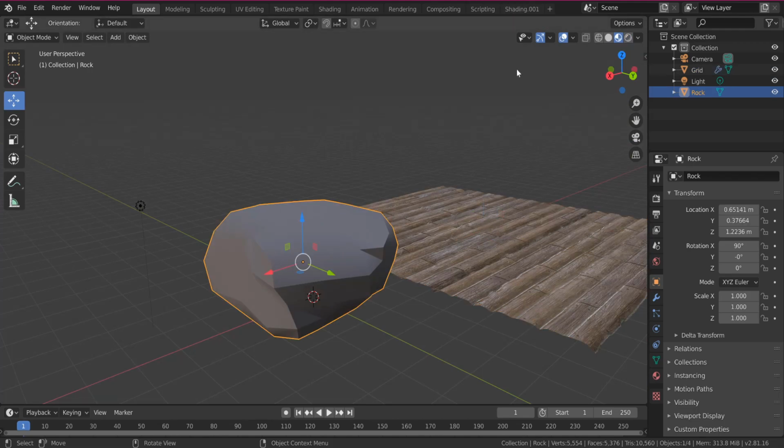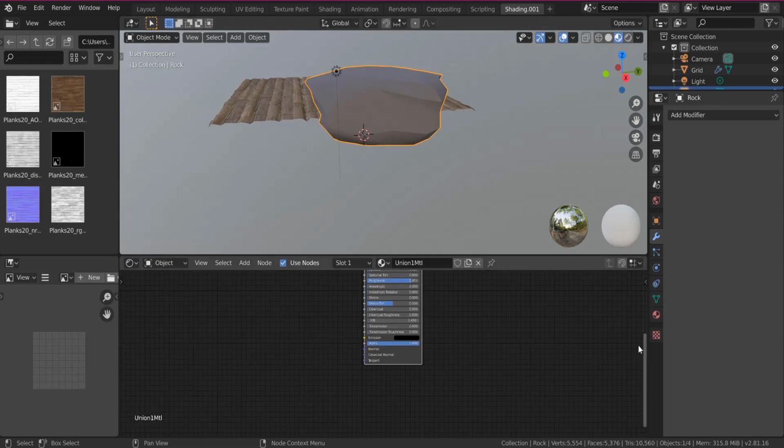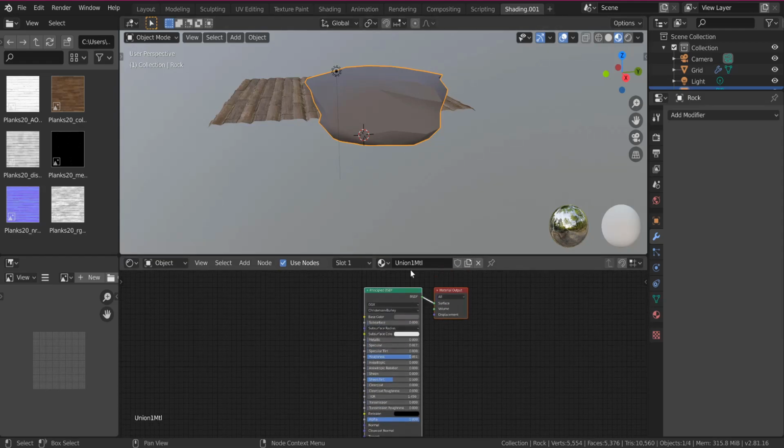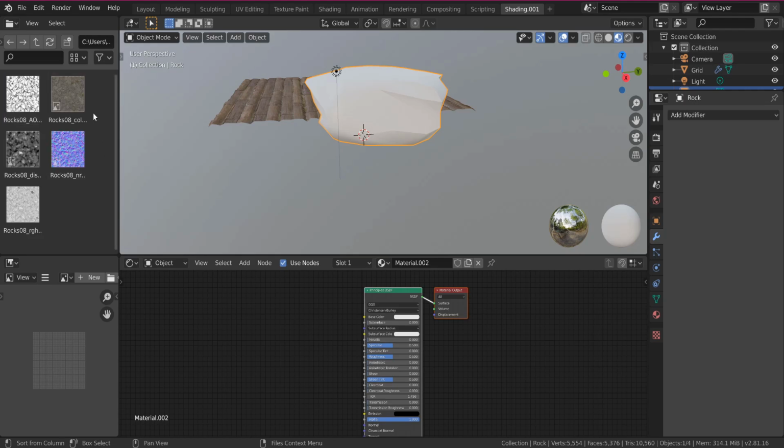So again, we are going up to the top and selecting shading, and we are going to go down here, but we are going to delete its texture before adding the new one. So we're just going to hit the little X next to the texture up here in the node editor, and then new. And pretty much we are going to repeat the same process. So use the arrow going up to go to the previous folder, and then we will select rock and load it all in again. So here is the color, and we will just drag color to base color